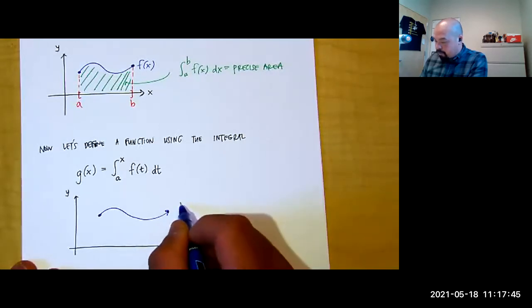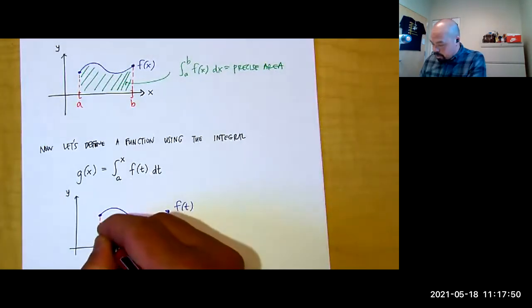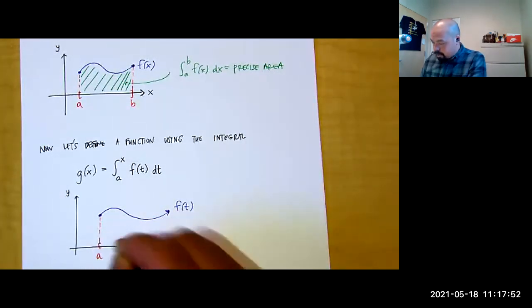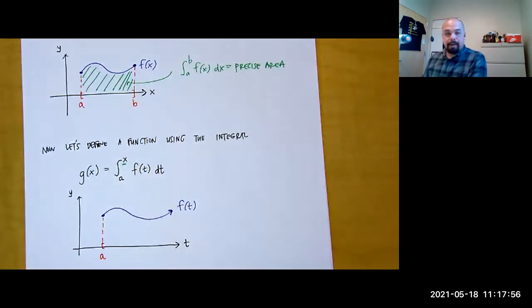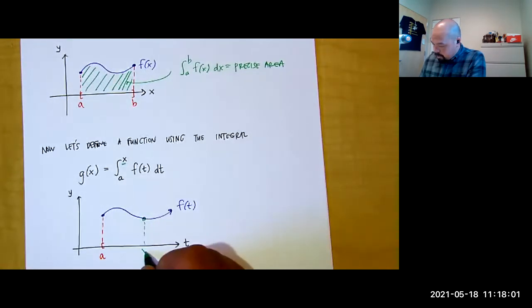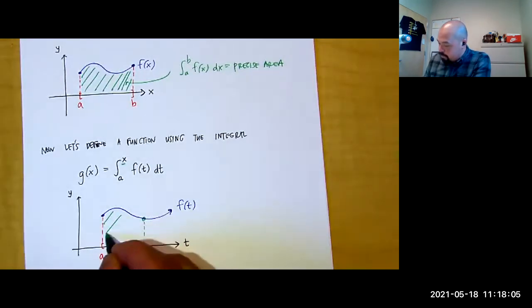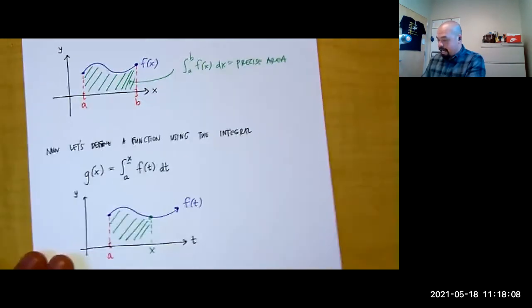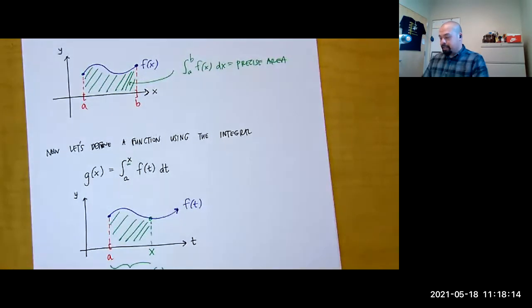But we have our function f of t. And in this case, we're going to start at some value a. But now, this quantity x that we're depending on is going to determine how wide that interval is. And so in this case, that area, that integral, is going to be equal to my g of x. And depending,